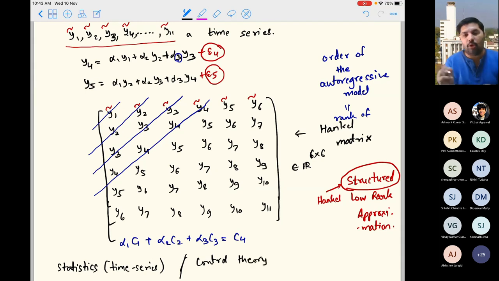Okay, so in control theory, people do get this input output data from the state space model, and they want to find out the order of the model. Okay, so that order of the model is very similar to this auto-regressive order of the time series data, and they have the exact same idea. So in control theory they also build something which is called a Hankel matrix from input output data, and from that input output data they try to find out the rank of the Hankel matrix,